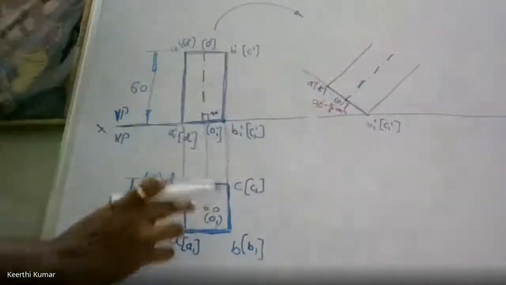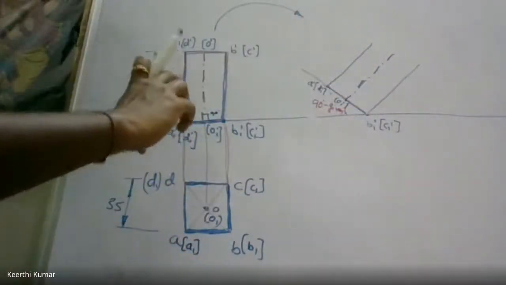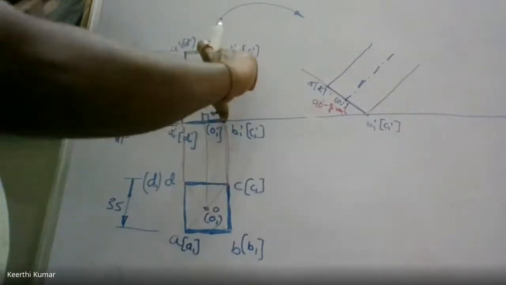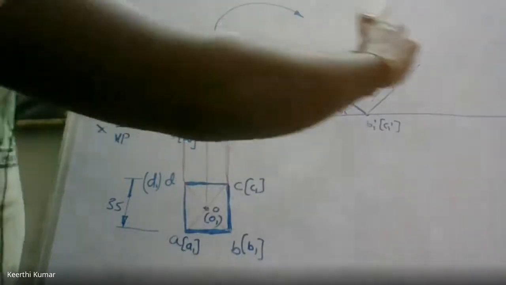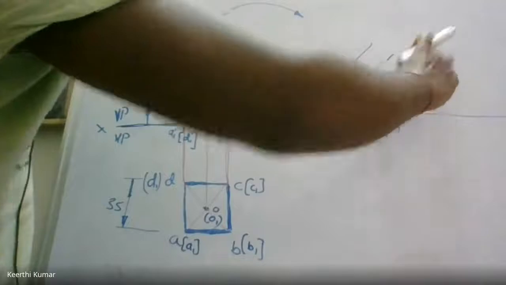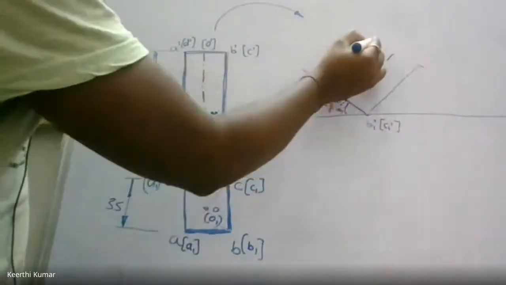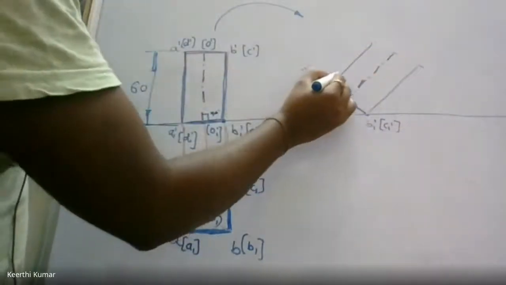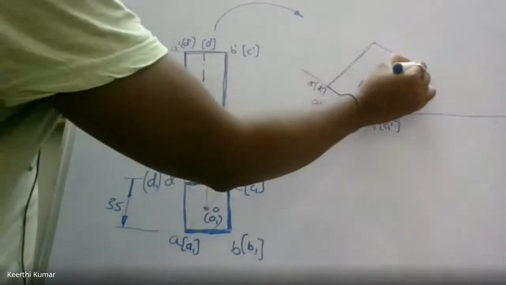What is the length of the line? What's supposed to be the length of the line? The length of the line is supposed to be the same as this, that is 60 or 65, whatever he has given in the question. So this is the arc. This also you cut an arc. This also you cut an arc. So that if you complete, you will get a solid.